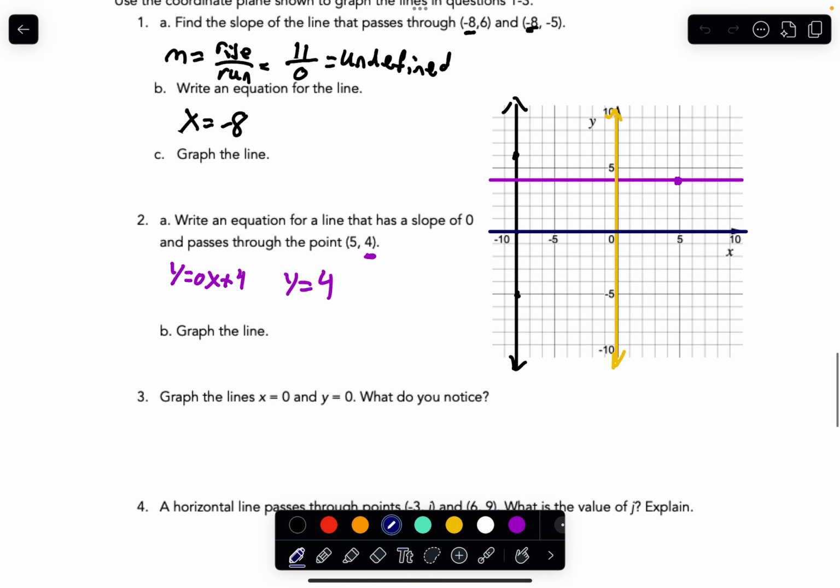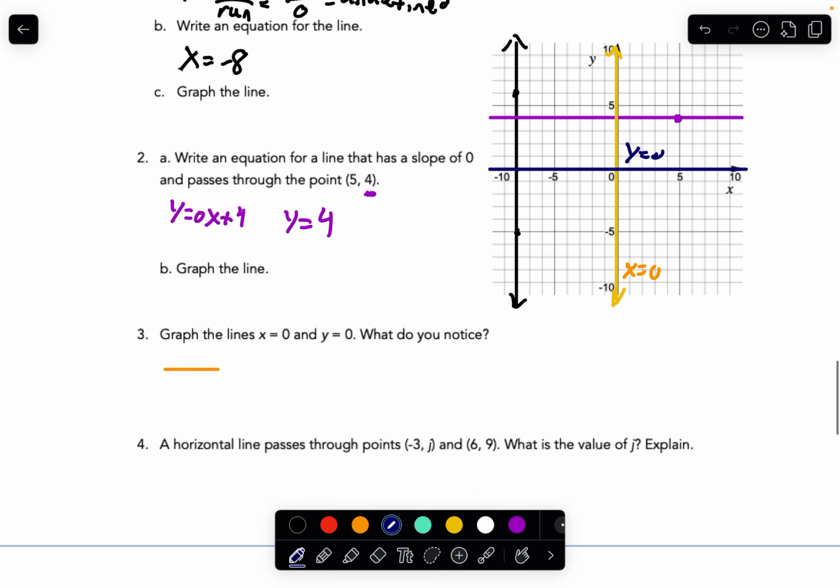Okay? So, there you go. All right? So, graph the lines x equals 0. X equals 0 is orange. So this is x equals 0. Y equals 0 is dark blue. So this is y equals 0. What do you notice? x equals 0 is the y-axis. And y equals 0 is the x-axis,